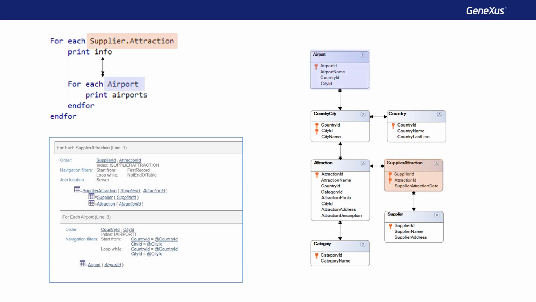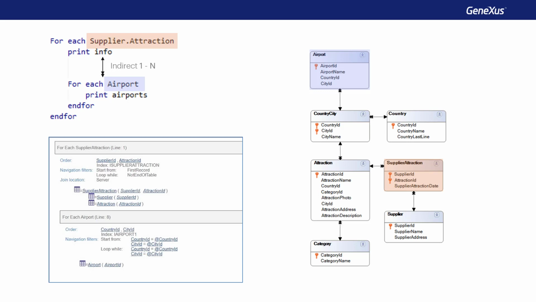That is to say, for every supplier attraction record, there will only be one attraction record, given that we obtain only one from country city, which in turn is related to n records of airport. The n airports found in that country/city, even though in general there's actually only one. In this model, there may be several.